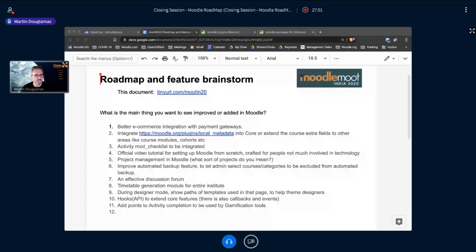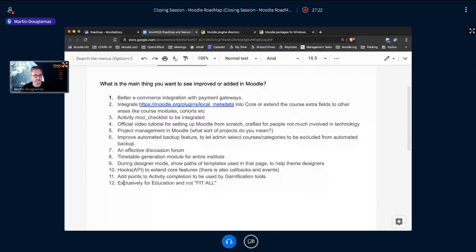Exclusive for education and not fit all. Well, Moodle is for education, but I guess you mean exclusively for universities or schools. I don't know what to do with that. When I started Moodle, it was for universities, and then everyone else started to use it anyway.